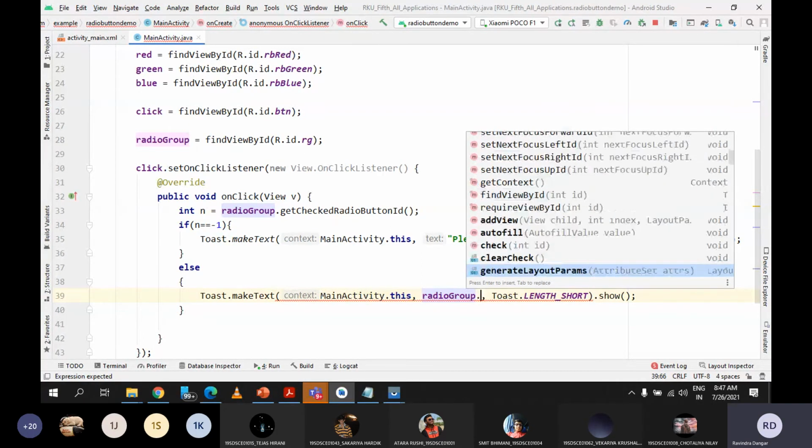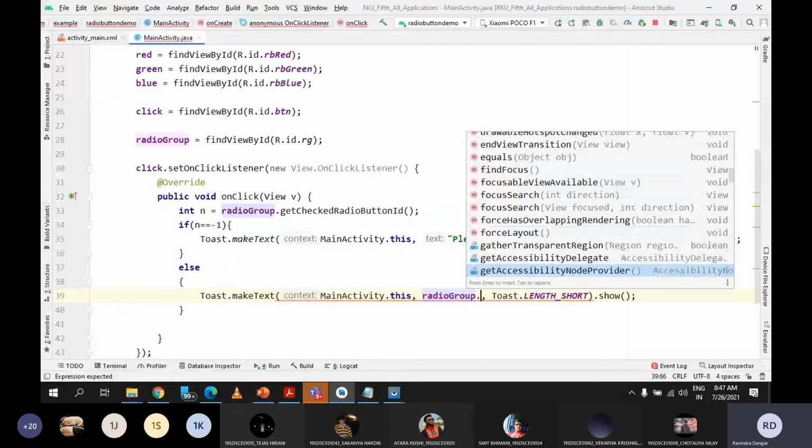But based on radio group, we cannot do anything. We need to find the ID of individual radio button.